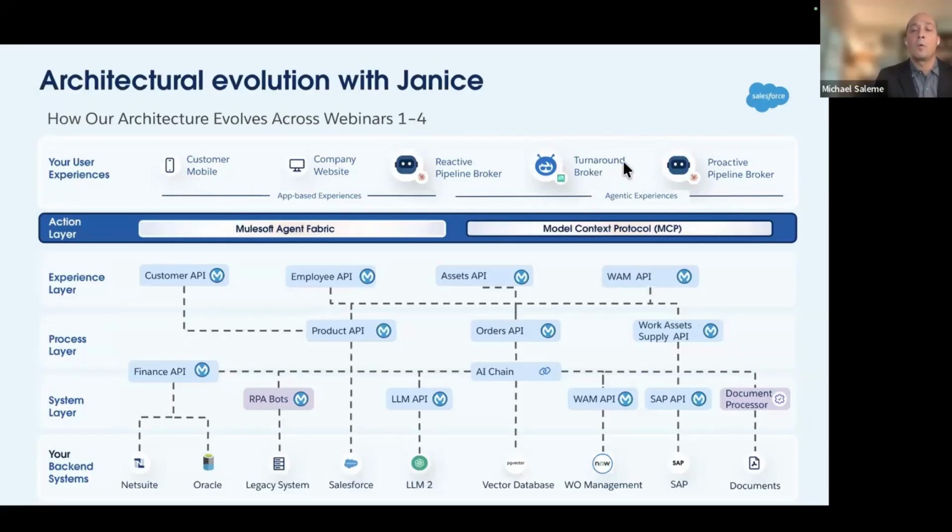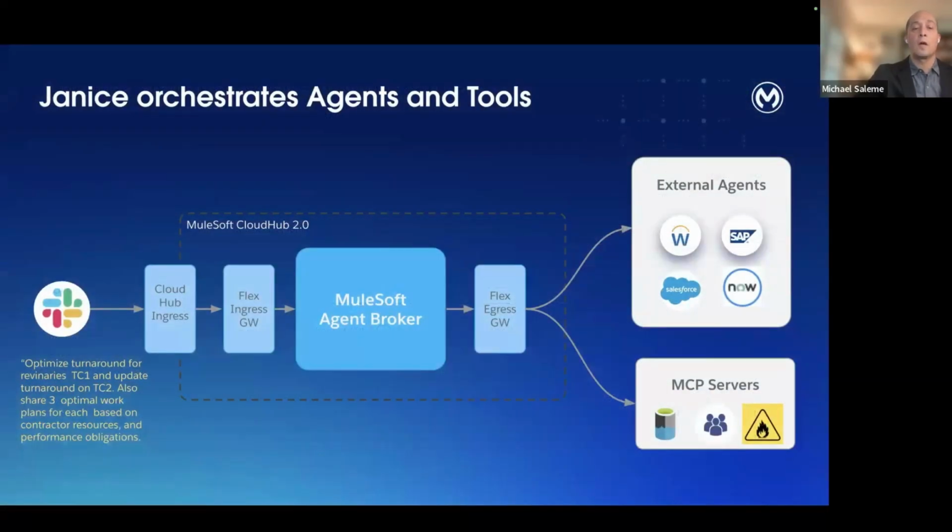And then now we're building a turnaround broker. These are all orchestrating assets and systems that already exist. So she's not building any of these other things, they're already there. And so that's the architecture that she's building out. More on it in the next session. We'll talk about how this is built. Let's just focus on the matter at hand, the turnaround teamwork.